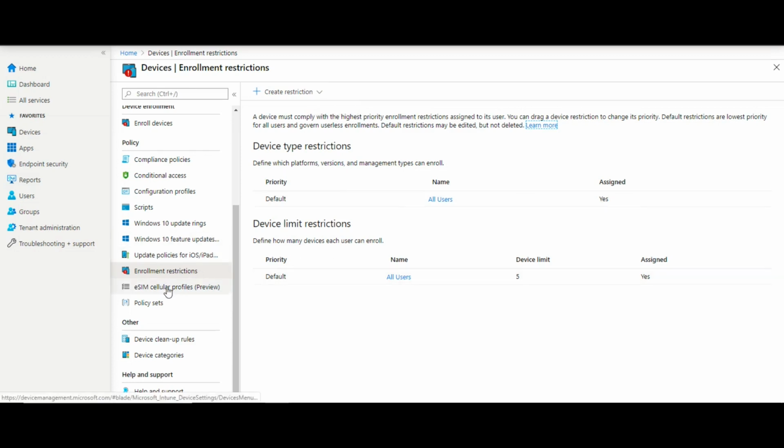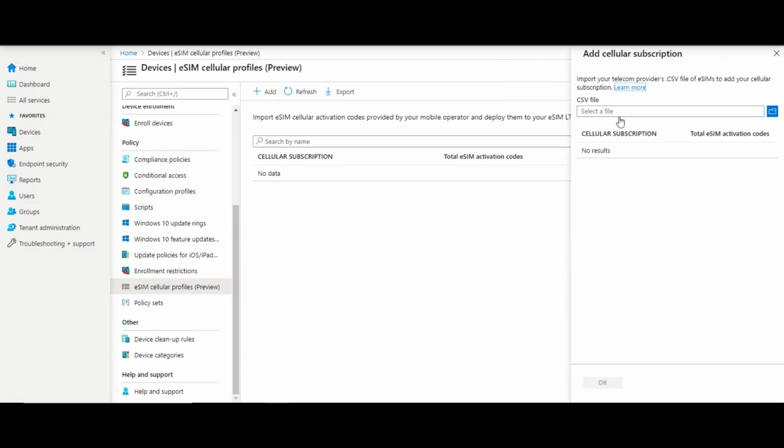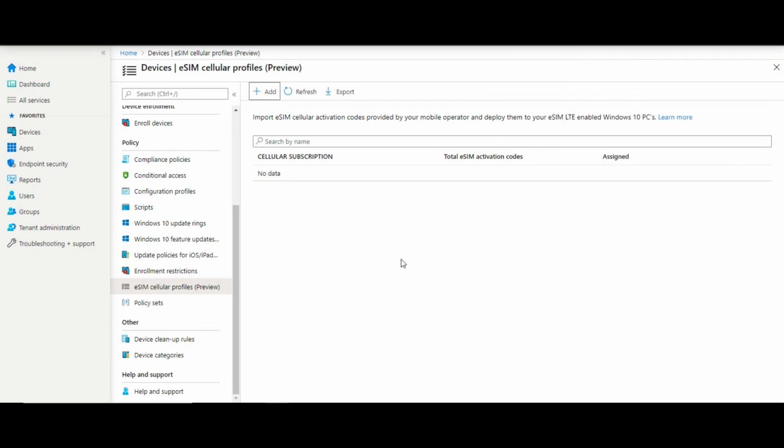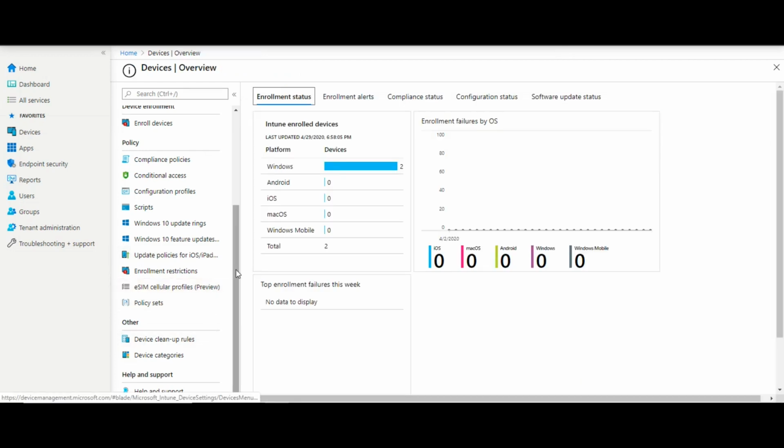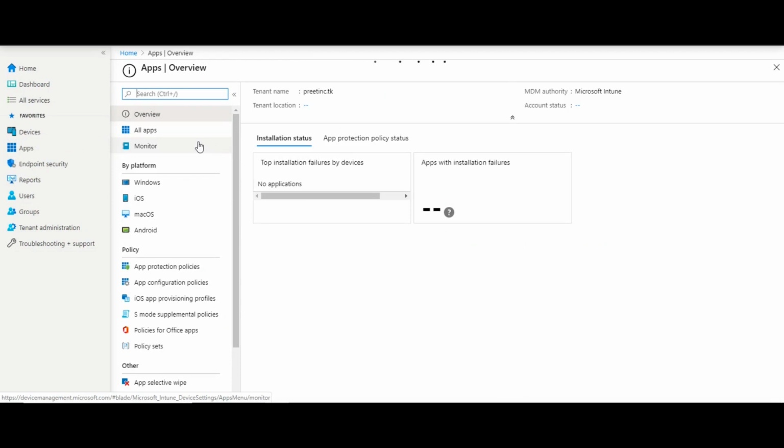eSIM cellular profiles we don't really use. I'm not sure if any organization is still using it, but this is to control your subscription of your internet, if the organization has given you a data card or a SIM for your laptop. All right, a lot of options here. So that was device. Then we go to apps, and in the apps we have now everything related to applications